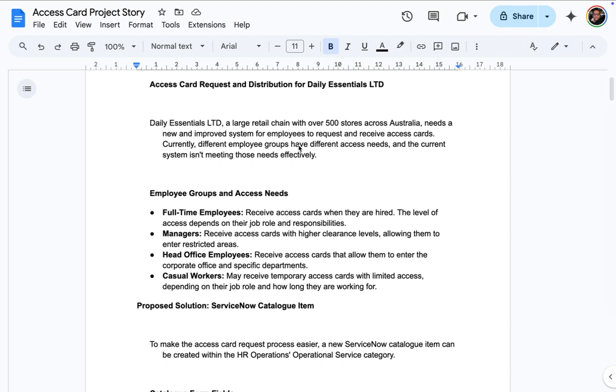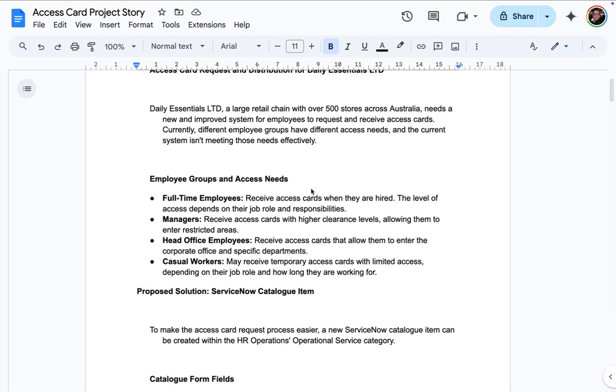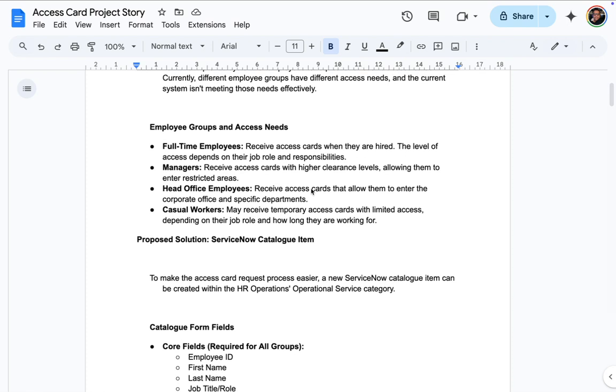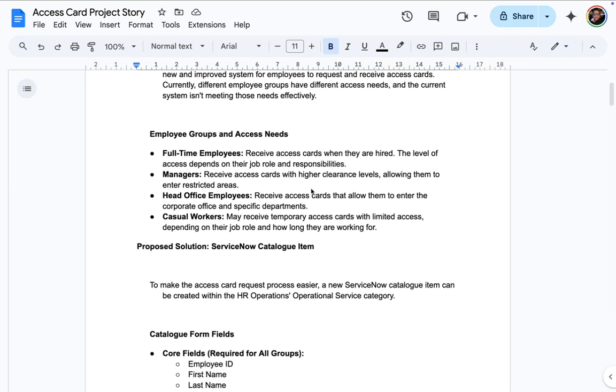I put in a dummy name, Daily Essential Limited. I came up with this idea of an access card relevant to the retail industry